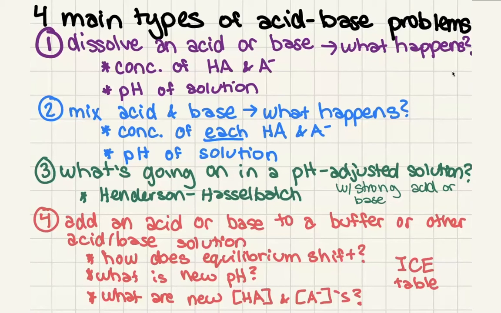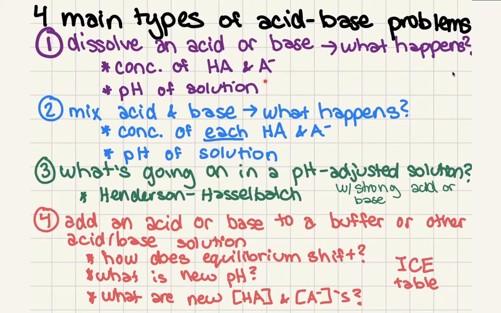The first type is going to be the simplest. In this type, you have some sort of acid, and you're going to dissolve it in a solution. When you dissolve it in a solution, some of it is going to dissociate, so some of it is going to deprotonate. Then you're going to be able to calculate what proportion deprotonated, what the concentration of the deprotonated form is versus the concentration of the protonated form, so the conjugate base and the conjugate acid, and what